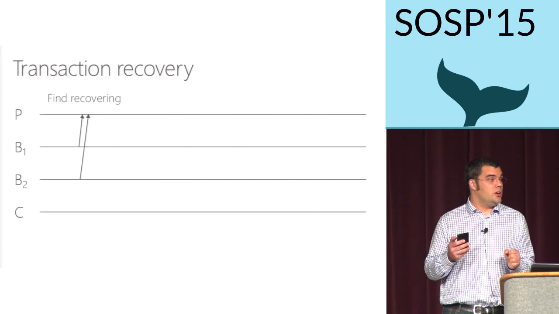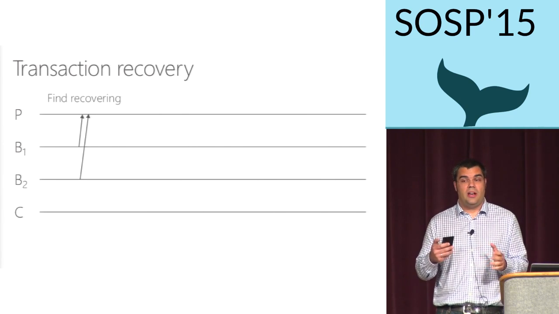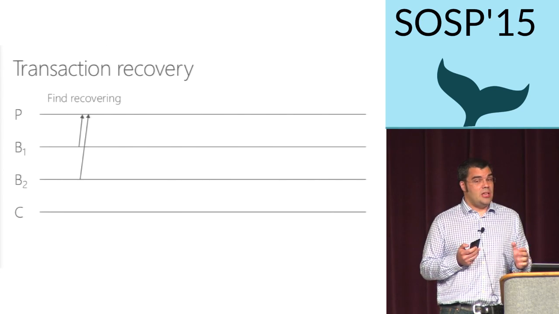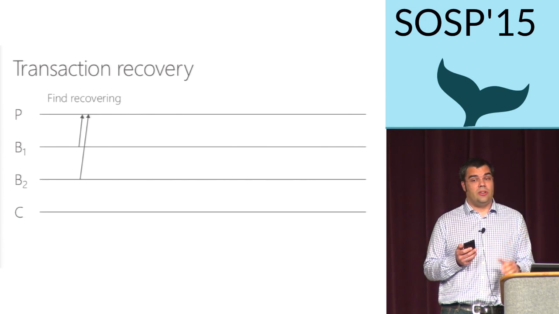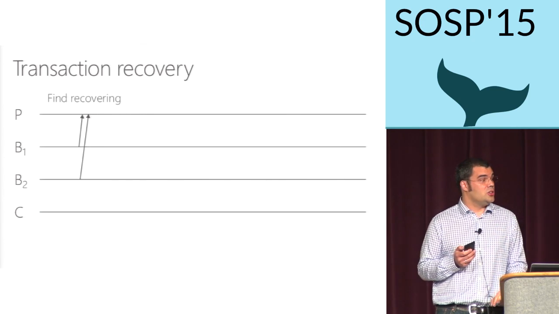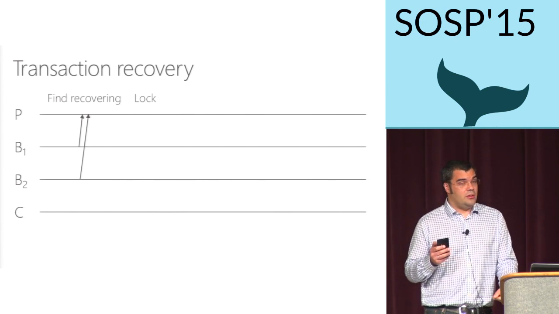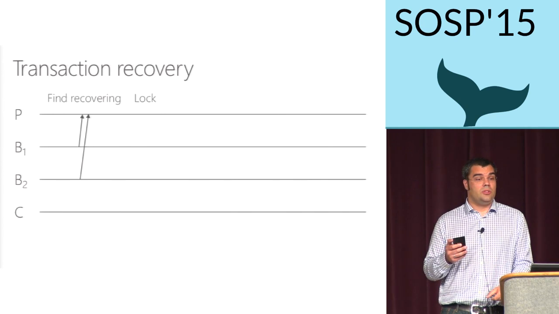Okay? So transaction recovery starts after the draining is finished, and it's performed per region. So this is a 2 GB region of data. Of course, we are going to recover transactions for many different regions in parallel at the same time. And the first step is for the backups to find all the transactions in their logs that need recovering. And then they send these logs to the primaries for these regions. At this point, after receiving all these messages, the primaries are going to reacquire all the logs for these regions.